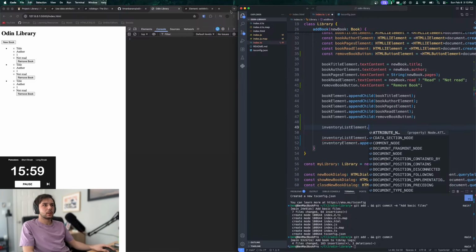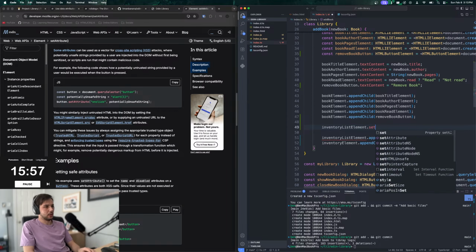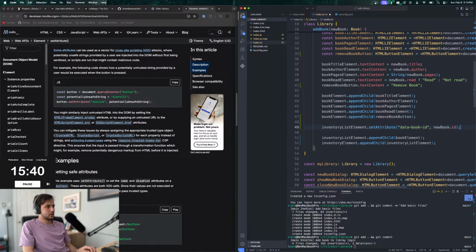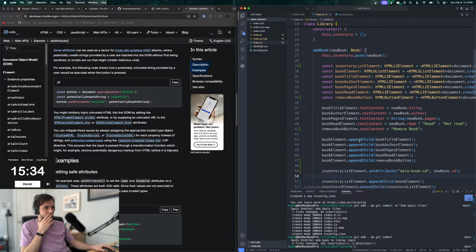What the heck? Set attribute. Okay, set. And then it was data book ID maybe, just to not be confused with regular IDs. And then we'll say new book dot ID. Right? So now the inventory list element, which we can then target in a remove book